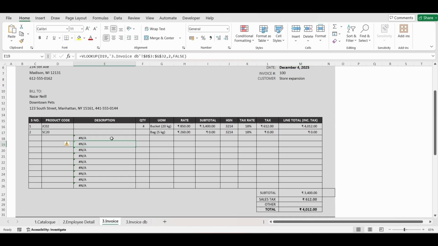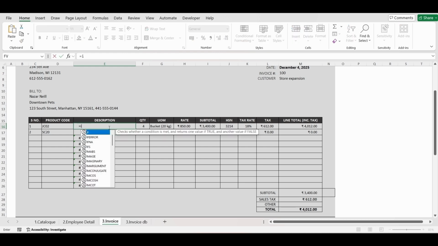Now let's fix this not available error. We will fix this error using the IF function. So I will type IF, and it shows you the syntax of this IF function. It asks for a logical test, a value if the test comes out to be true, and a value if the test evaluated out to be false. So if I simply type 5 greater than 2, which is actually true, the value if this test is true, I will simply type A, and if it's false, then B.